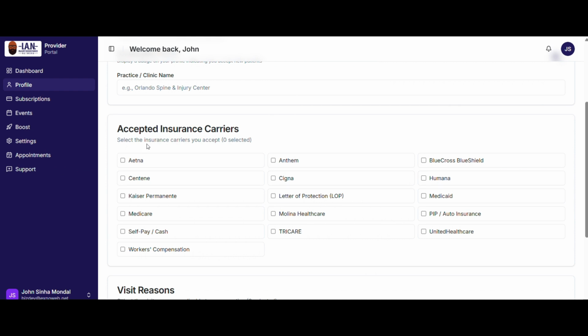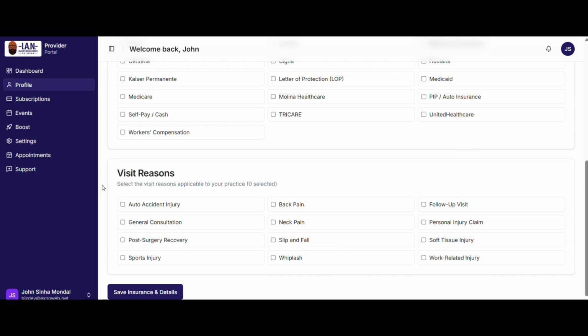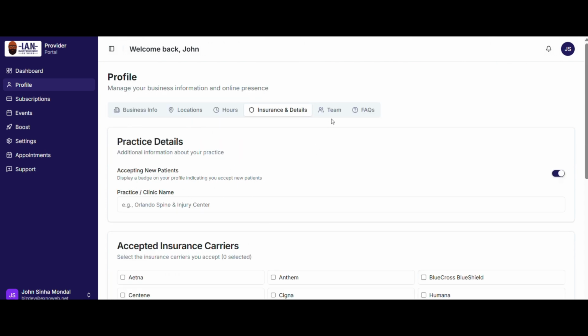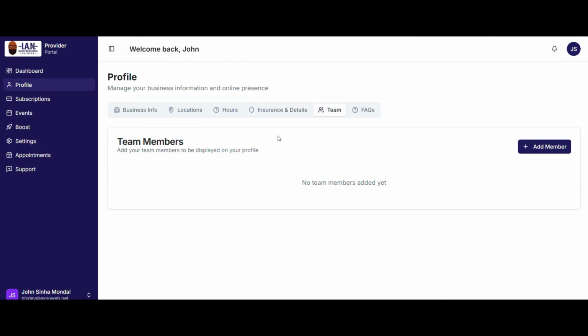You can also provide additional business information, such as accepted insurance providers and other helpful details, like visit reasons, that clients may want to know before reaching out. The Team section allows you to add team members who can help manage your Injury Assistance Network profile. The FAQ section allows you to answer common questions in advance, helping potential clients get the information they need quickly